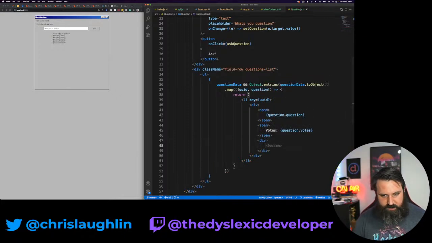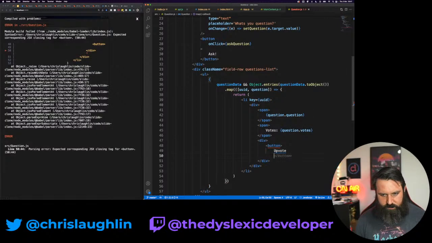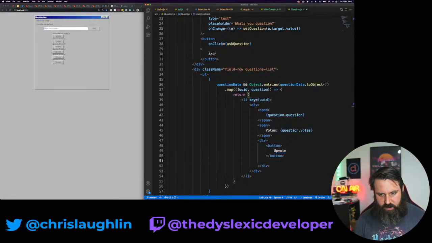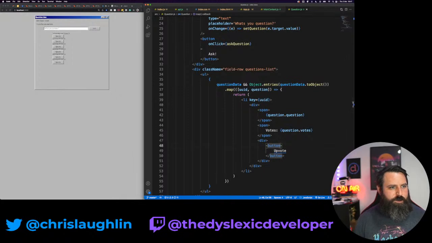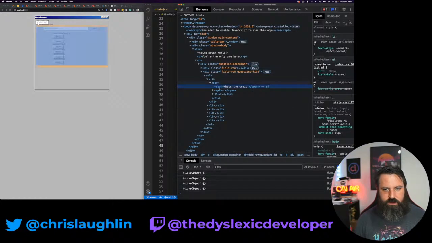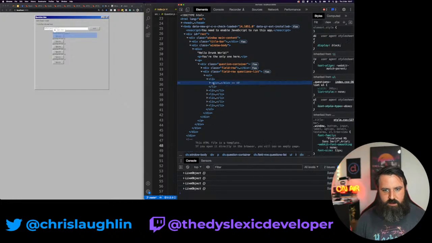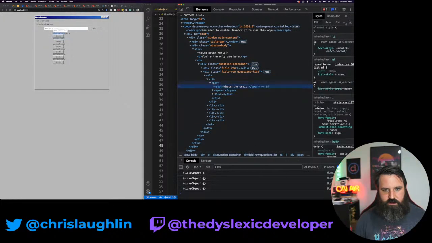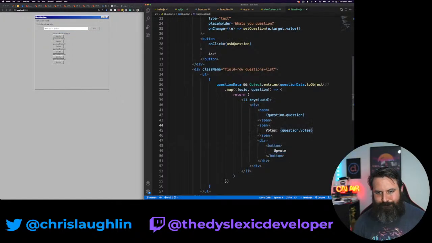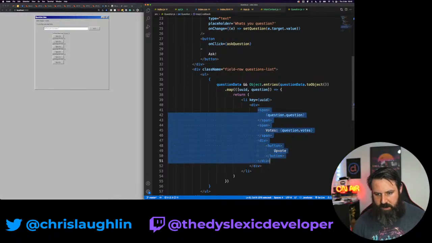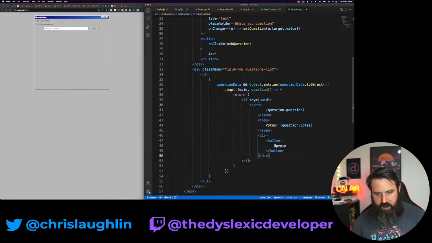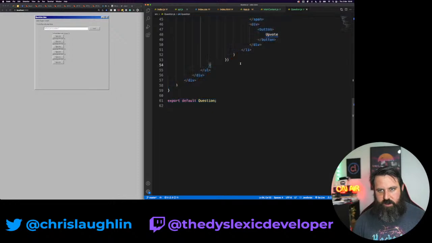I'll wrap the button in a div because I've learned before that not wrapping a button in a div when it's inside a flexbox just seems to mess things up. So we want this all in its own flexbox. So we're going to grab our li. So that's our question. Why are they all spans? They all should be inside of the li. I'm going to do the bad thing and make everything a div. No. We can make this spans and divs. And the li becomes our flexbox element.